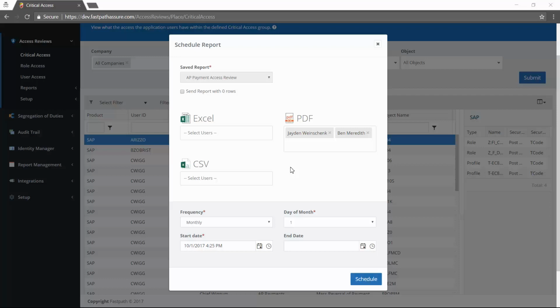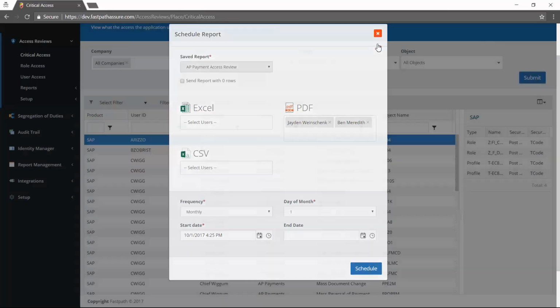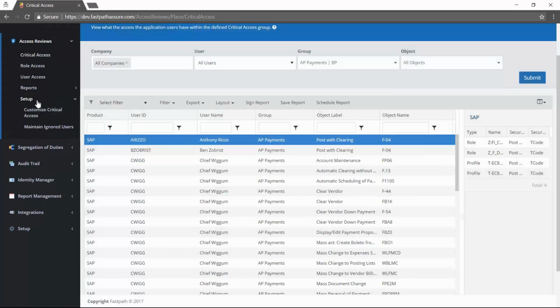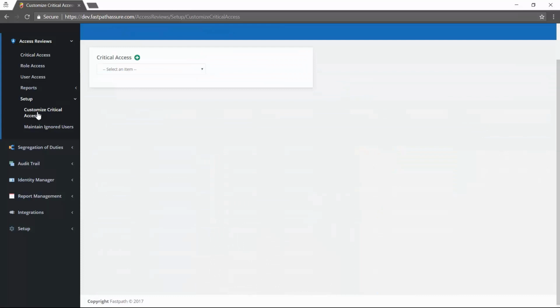Let's take another look at how we can define the critical access groups to take that risk-based approach to the access certifications. So if I go into the setup, I can customize our critical access groups. Now, what many of our clients will do is build a critical access group based on business process area. So they'll have one for finance that maybe the controller reviews, one for AP that the purchasing manager or the